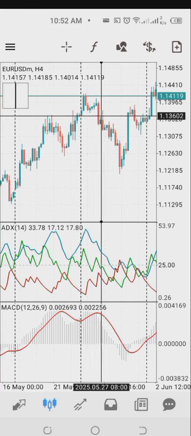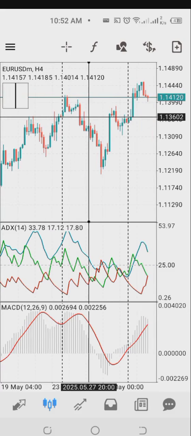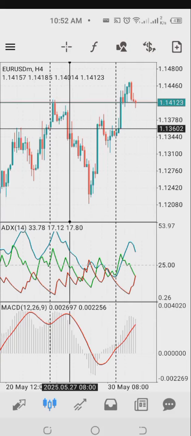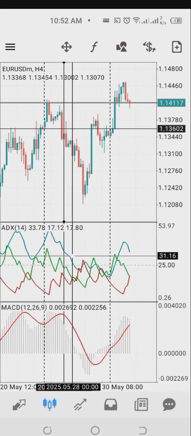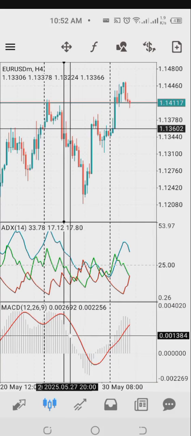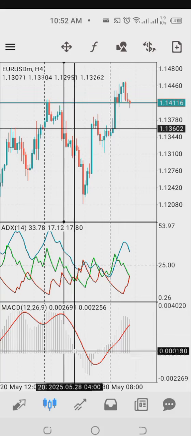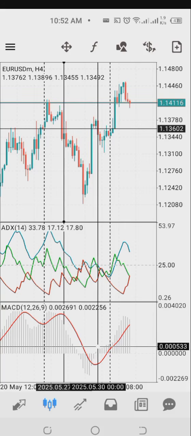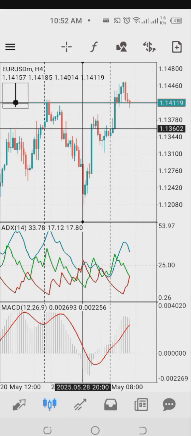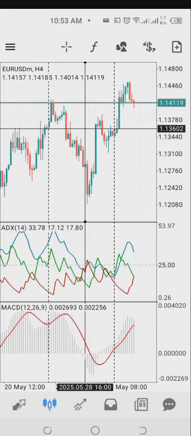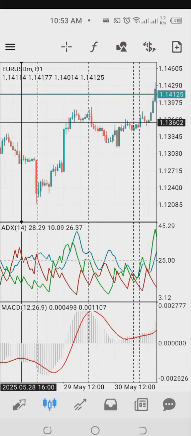Now for a sell setup, this is even my H1 time frame, to show you that what I usually say works. The combinations work on all time frames. Remember, the first thing I said is that you need to look out for a movement of the MACD from the top to the bottom if you're looking out for a sell. As soon as the histogram drops to the bottom, then you know that the sell trend has been confirmed on the H4 time frame. So what do I need to do? Then I move straight to the